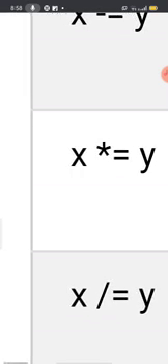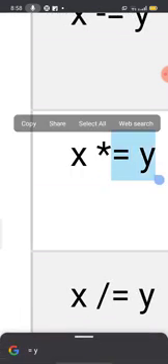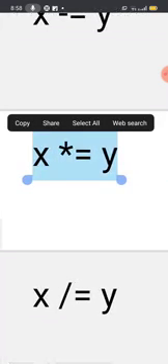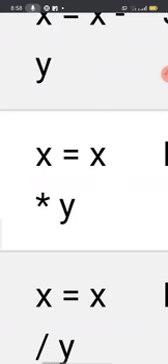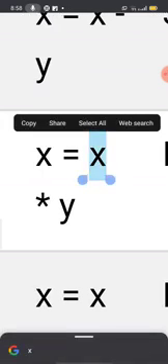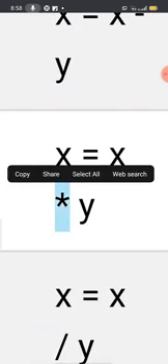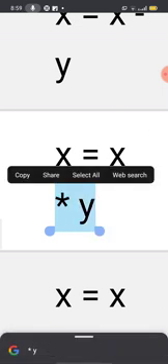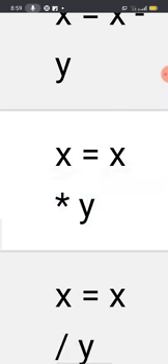Next, again let us see. x *= y. This star means multiplication. The value on the left hand side is going to multiply with the value on the right hand side. The variables are going to multiply with each other. So let us see again. x will remain over here. x = x * y. This star is for multiplication. Left hand side value is going to multiply with the right hand side value. Okay, everyone.